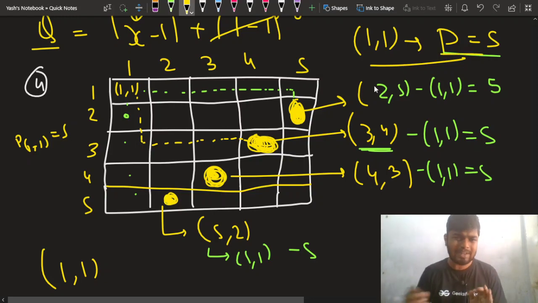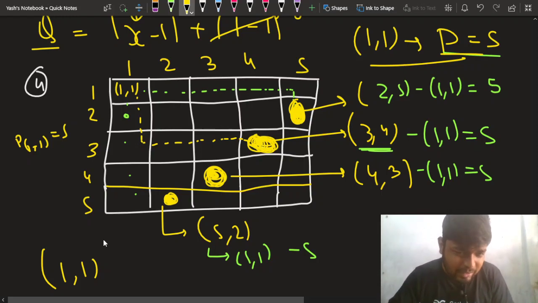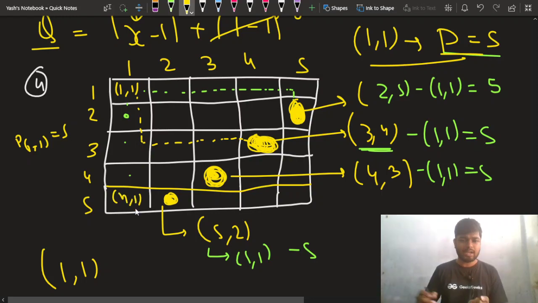If the grid is n cross m, that is, there are multiple rows and multiple columns in a grid, and you pass this one coordinate, then you will get this distance p. Since you are getting this distance p, there are several points that are candidates for x comma y, but there is only one point. Let's say you take this column n comma 1. Let's say you take this particular row and column, n comma m, not this cell, but n comma 1. This is n comma 1. Now let's say you take this cell.